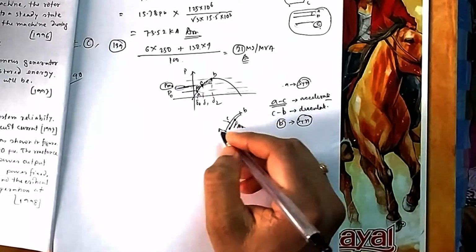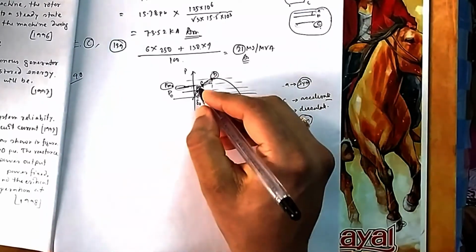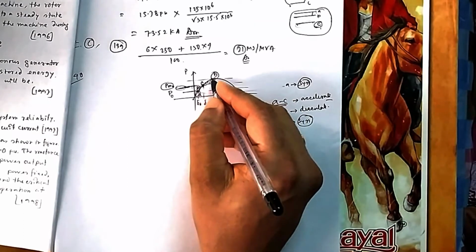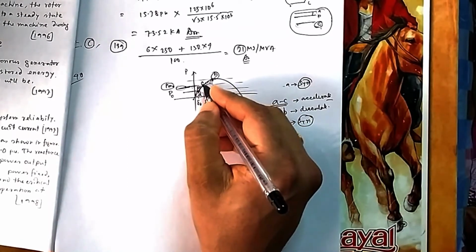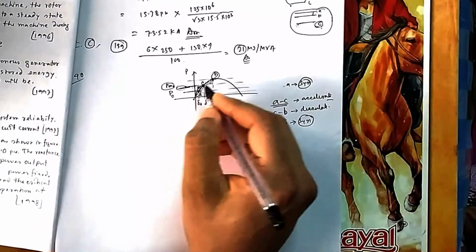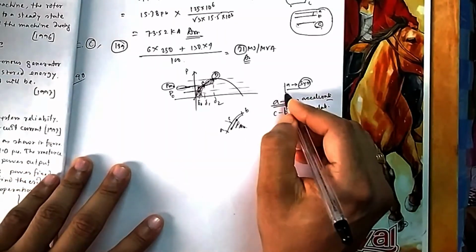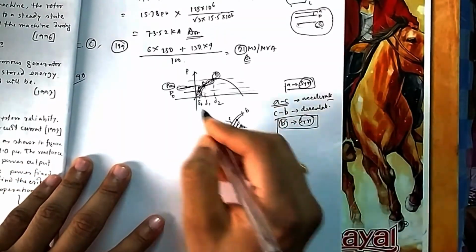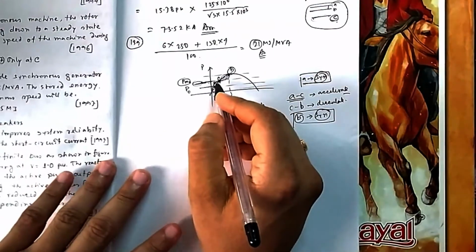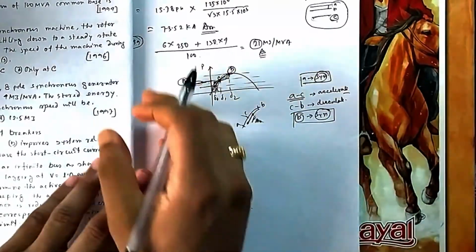So in the initial oscillation, at A it is synchronous speed, at B it is synchronous speed, and in between from A to C it was accelerating, C to B is decelerating. While also B to C it is decelerating, and C to A it is accelerating. So this portion is accelerating more, this portion is decelerating more. So you can now think at what positions they are at synchronous speed. At A and B they are at synchronous speed, these positions. Finally it will come to C after some time if there is damping. Then finally at C it will also be at synchronous speed.